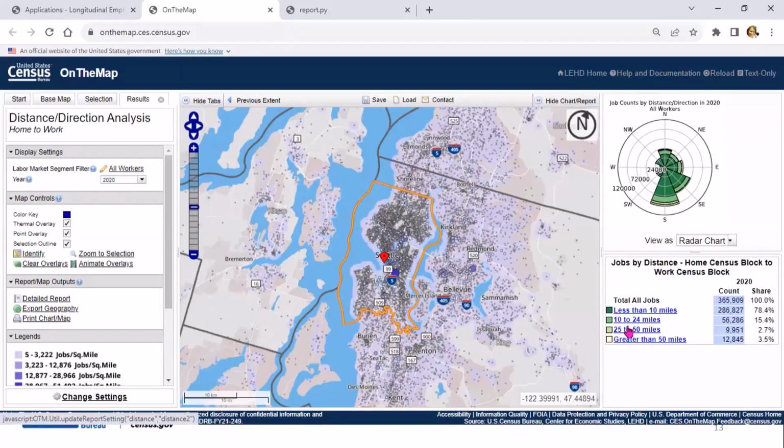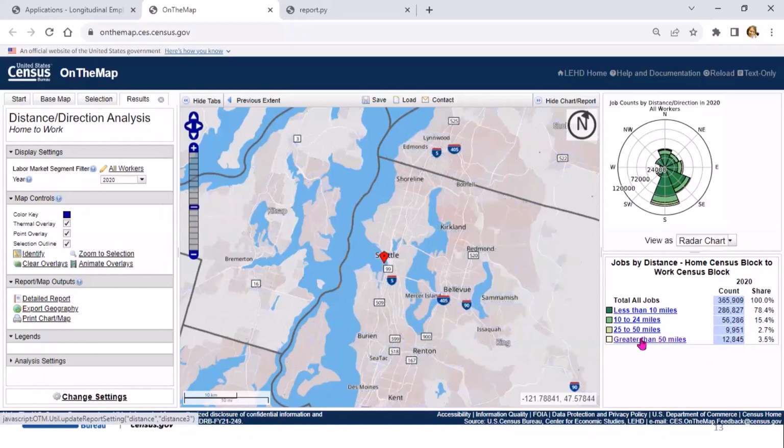And then we have 10 to 24 miles, 56,286, and so on. And then you can actually click on each of these, anything that's hyperlinked in blue, and then we can see those traveling greater than 50 miles.